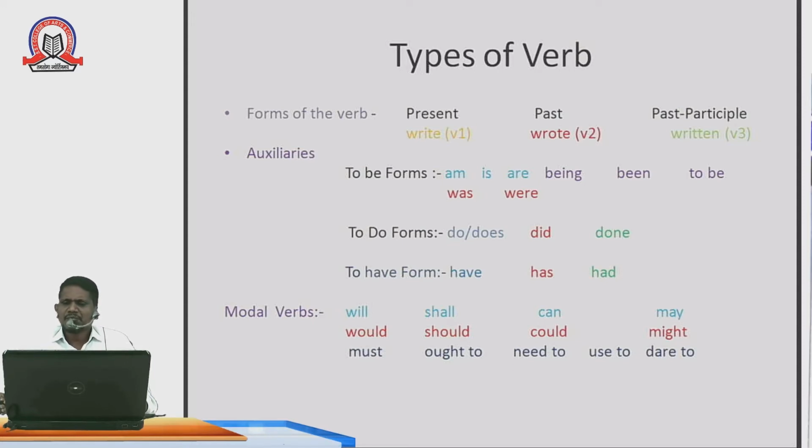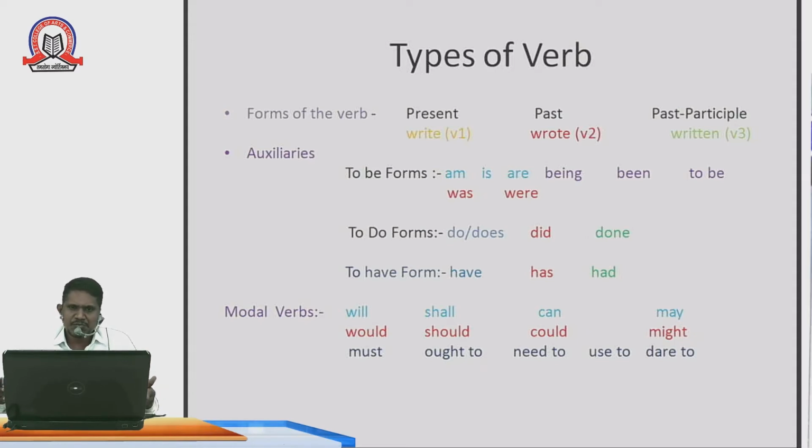Why? Because here I use the to have forms. Okay, these to have forms are used with past participles. Have we can use for I, you, and they. For these pronouns we must use have. Generally, students make mistakes. For I they also use has. For you also, some students use has. But when do we have to use has? For third persons, which are those? He, she, it. In my next lecture, I will explain pronouns very well.